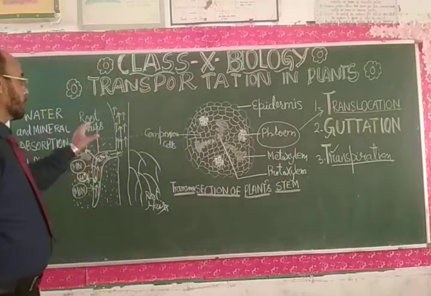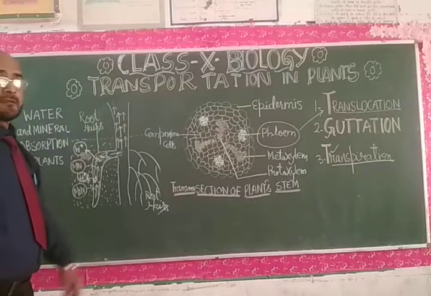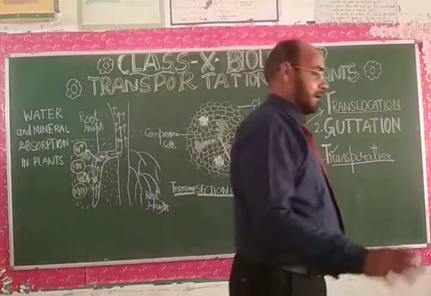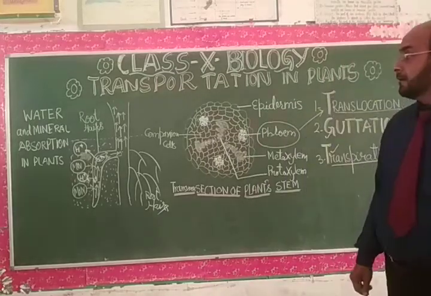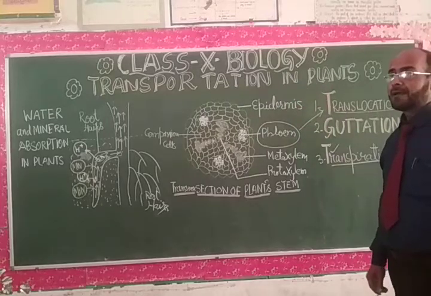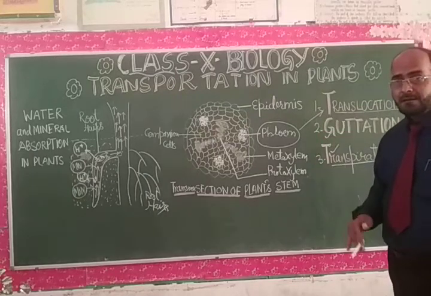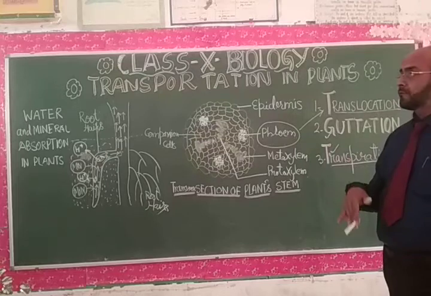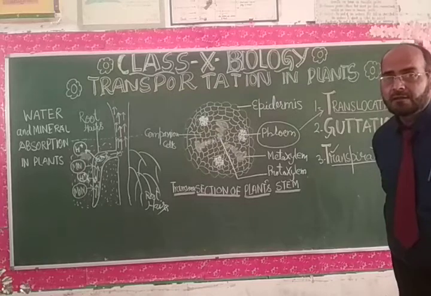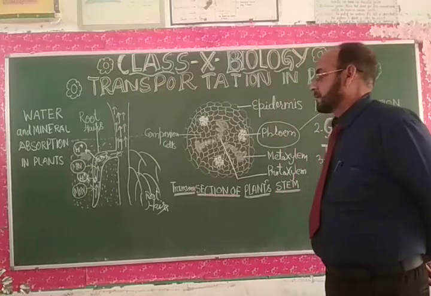Dear students, by the help of this diagrammatic representation on the board, you will be able to explain the process of transportation in the plant body, and the diffusion of gases. As far as the transportation of gases is concerned, gases like carbon dioxide and oxygen get diffused within the plant body or from the plant body to the environment. Therefore, you can conclude that transportation in the plant body is related to osmosis and diffusion.